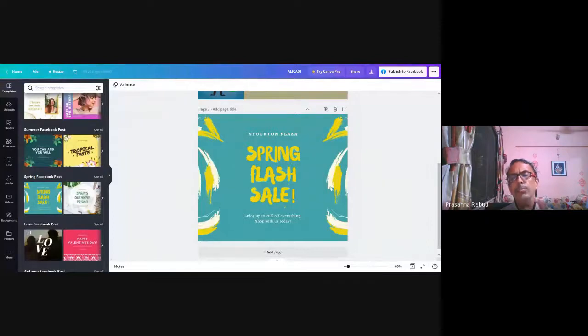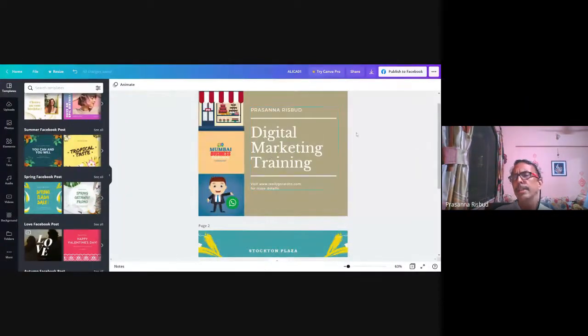So you need to make sure that you are creating good designs, good content, and posting it. You can use this for any greetings which you want to give, Diwali, New Year, birthday greetings, anything. You want to put out a flash sale, promotion, any kind of trainings, anything you want to do. All these things can be created with Canva.